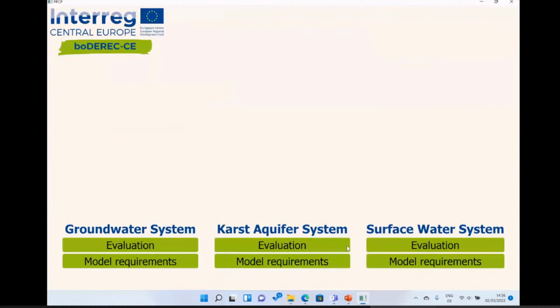So basically, these were the key features, or two main features, of modePROCON. It allows you to evaluate the likelihood of contamination for a particular PPCP, and then it shows you the list of parameters which you need in order to develop a numerical model on that particular environment, and also how you can collect those missing data.